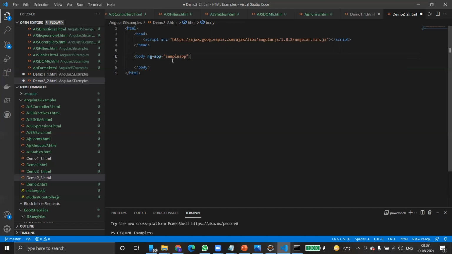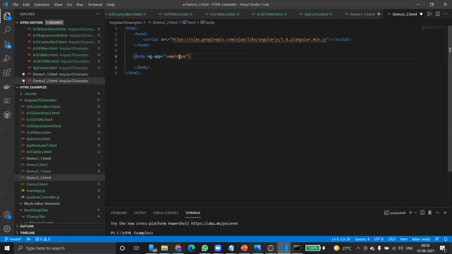In JavaScript, jQuery and Bootstrap we exclusively specify class names and ID names, right? But here we are using ng-app. ng is a directive, and app is the class; we are providing the name of the app.